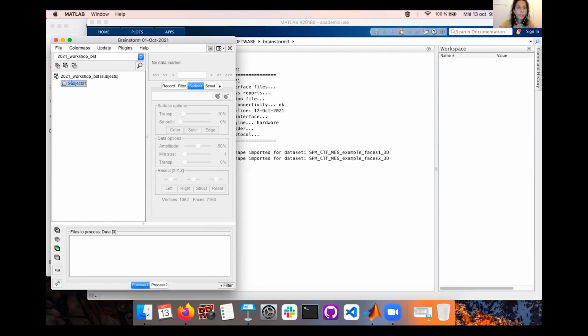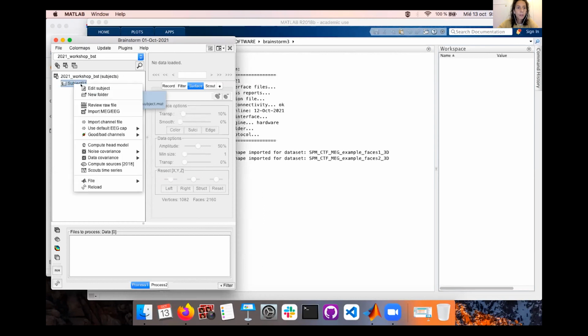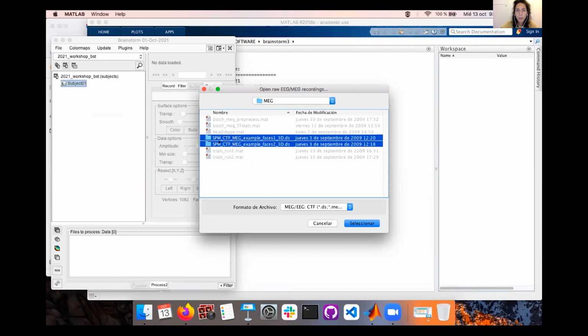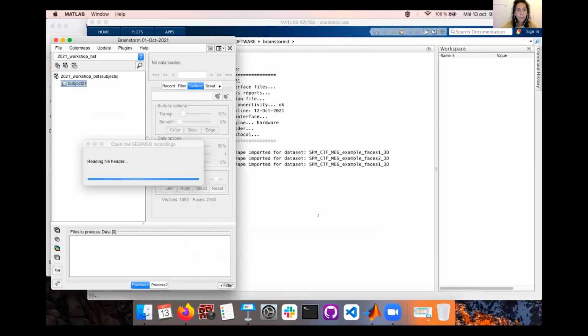And then we'll need to upload the files. So if we say review raw file, in the same way as you may do before, this is the MEG folder that we had, and we just import the two CTF DS folders. So this will be as you usually process your data or load your data.